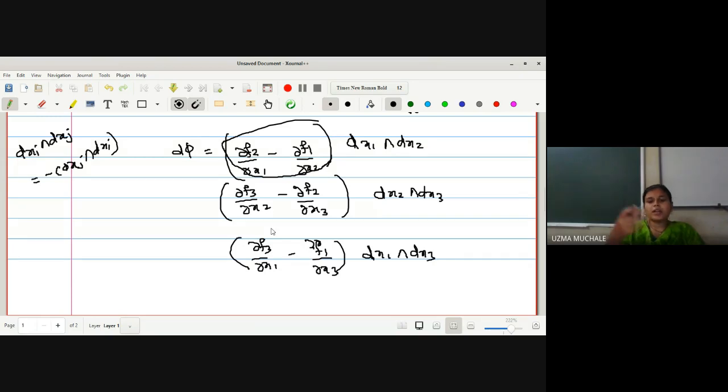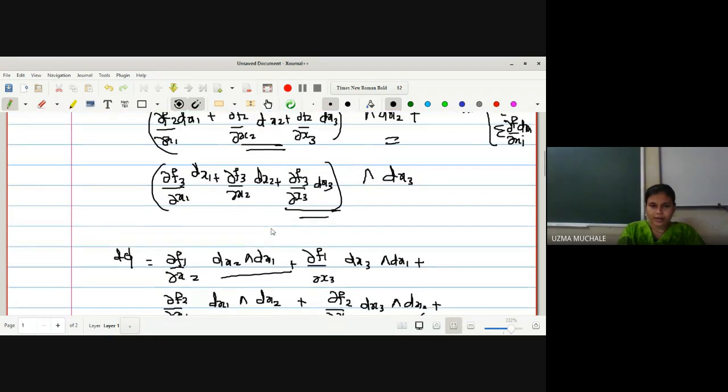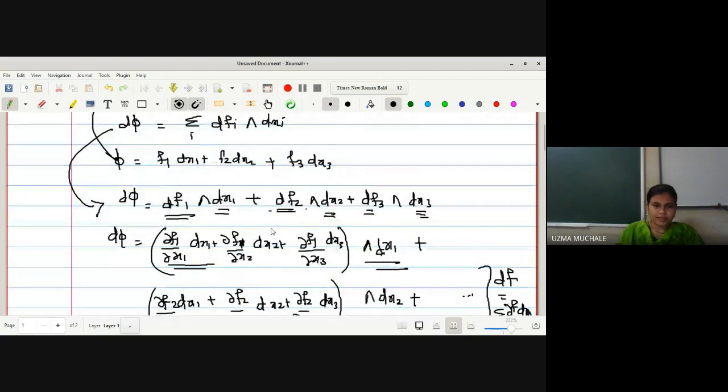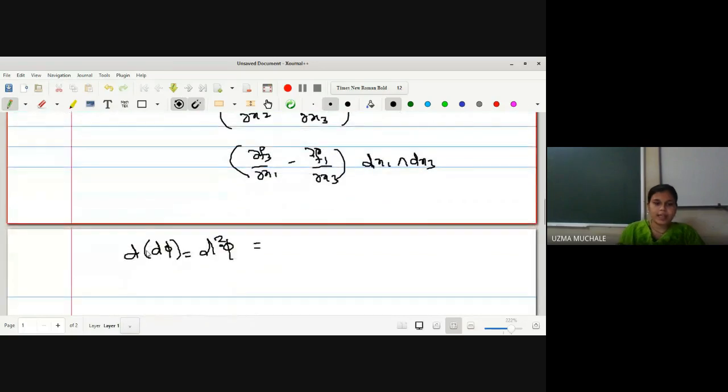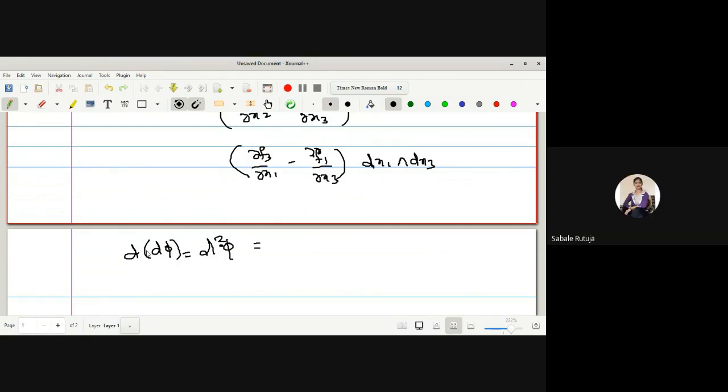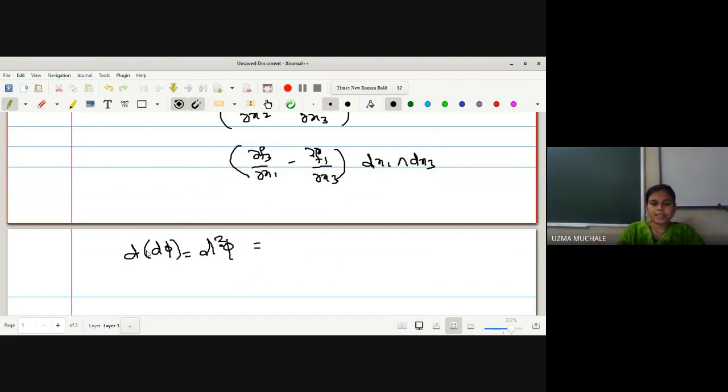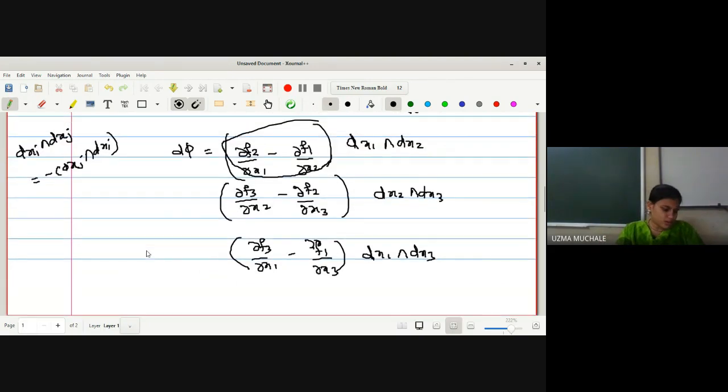So now again, whatever we have done for evaluating d5, यहाँ पे हमने क्या किया था, right? df1. So df1 के लिए हमने इतना बड़ा वाला term लिखा था ना, f1 with respect to x1, dx1 and so on. Why? Because f1 was a real valued function, right? Now here also we have to do very similar things because we have to evaluate d5, right? Yes, everyone getting what I told you? So second time we have to operate the exterior derivative. So let me write down how to evaluate this one.